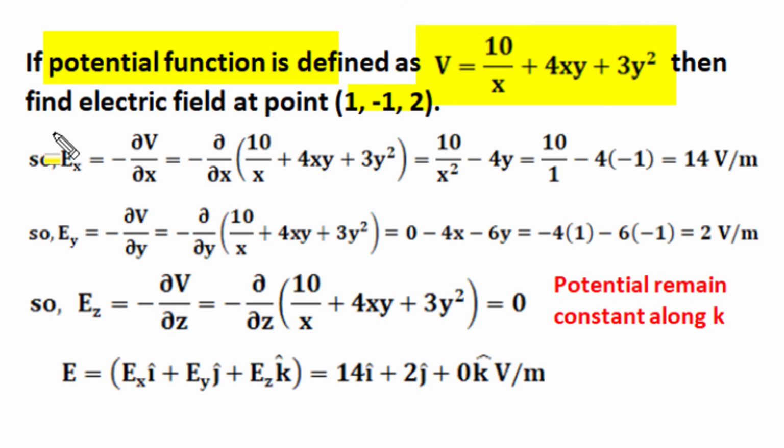So we know the electric field has its x component as the negation of the potential gradient along the x direction. When this potential function is differentiated with respect to x, 1 by x gives -1 by x square, minus minus becomes plus, and 4xy. For this partial change, y and z are treated as constant. So y and 4 are constant and x differentiated with x is 1. So it is, with that negative sign, -4y. Since for this partial change y is constant, the third component has 0 rate of change, and for x coordinate 1 and y coordinate -1, the value of the x component of electric field is 14 volt per meter in